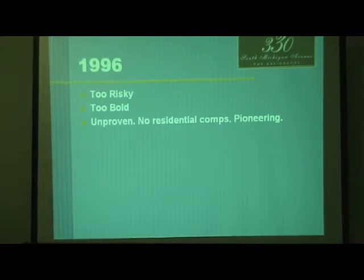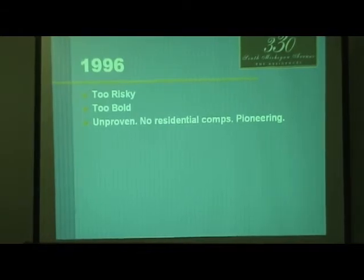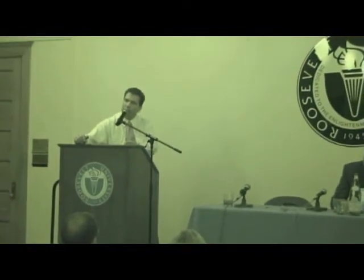We went ahead and talked about a mixed-use concept, residential. We had the vision of introducing residential, and thus creating this concept of Chicago's Central Park, where you can walk down South Michigan Avenue. One building's an office building, the other's a hotel, the other's a condominium, and so forth. We were politely patted on the back, and we were told the deal was too risky, too bold, too visionary,